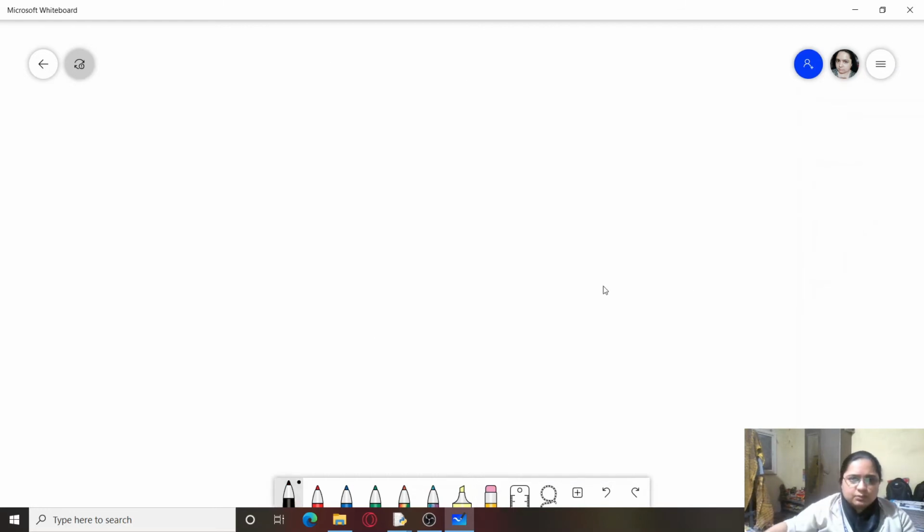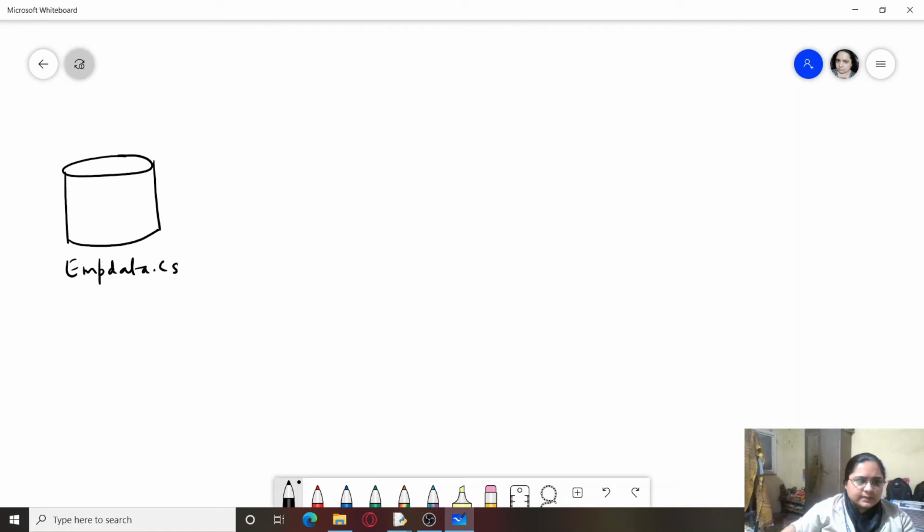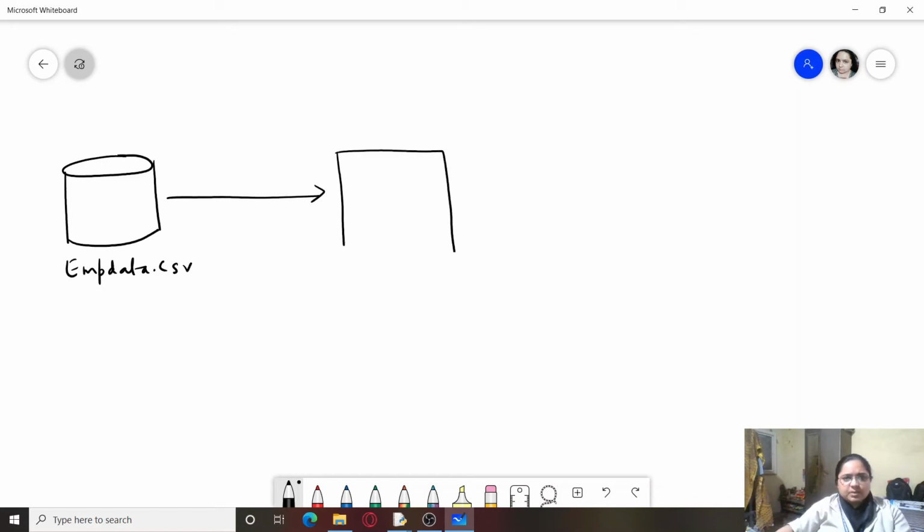Normally such a file is stored on the hard disk in the form of a CSV file. This CSV file, empdata.csv, which is stored on the hard disk, will be read into a temporary memory region, which is your CSV reader object.